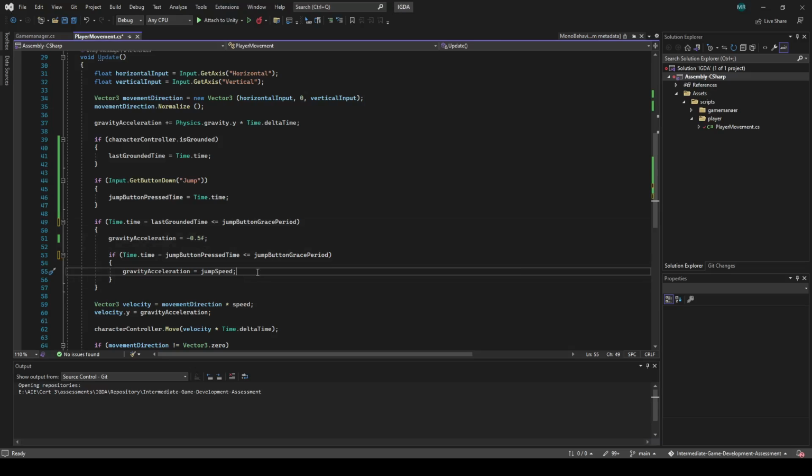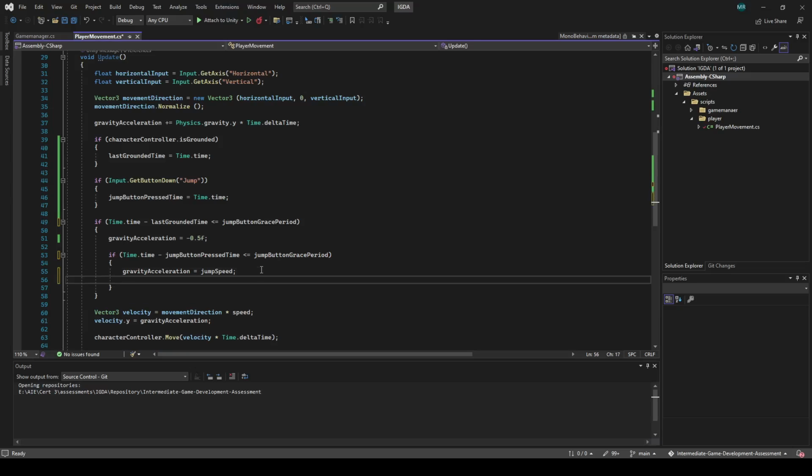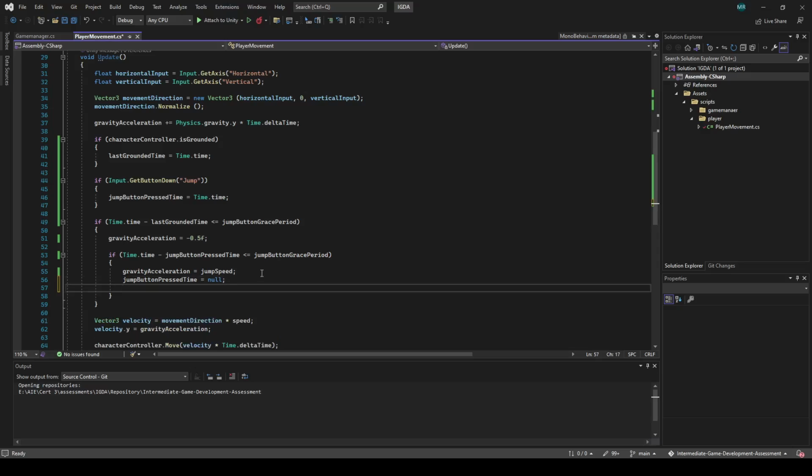And then we also need to add a jump press time doesn't equal 0. We want it to be null, which means nothing. So it doesn't have a value. It's not 0. 0 is a value to computers. We consider it nothing, but it is actually technically something. However, in computer language, null actually means nothing. Oops, that's not what we want. There we go. So, with it being set to null now,